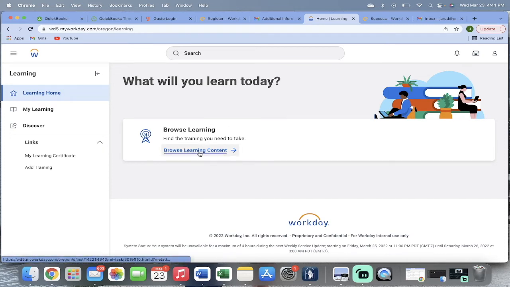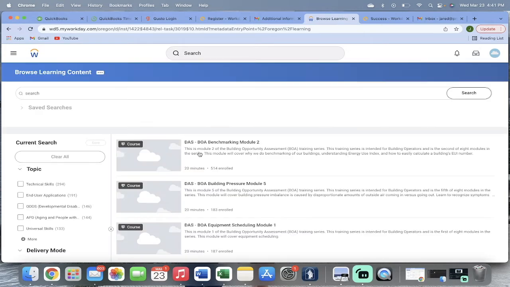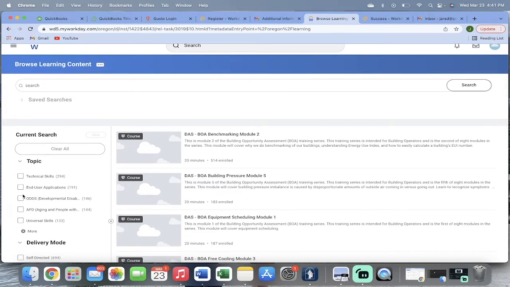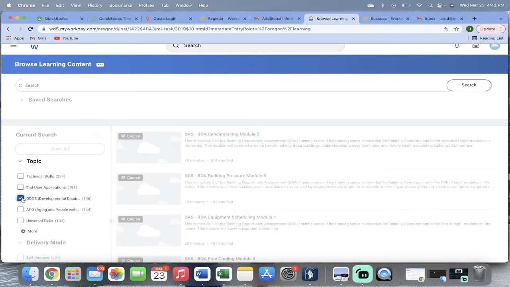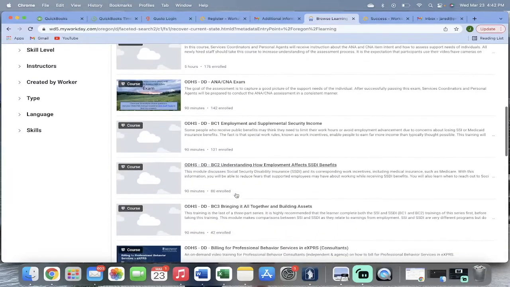Then we're going to hit Browse Learning Content. Once you're here, there's a few ways that you'll be able to find the actual Tier 1 and Tier 2 trainings that I was talking about. The first way is to come right below Topic and click on ODDS, Developmental Disabilities. If you hit that, it will filter all of the trainings, and you can scroll down